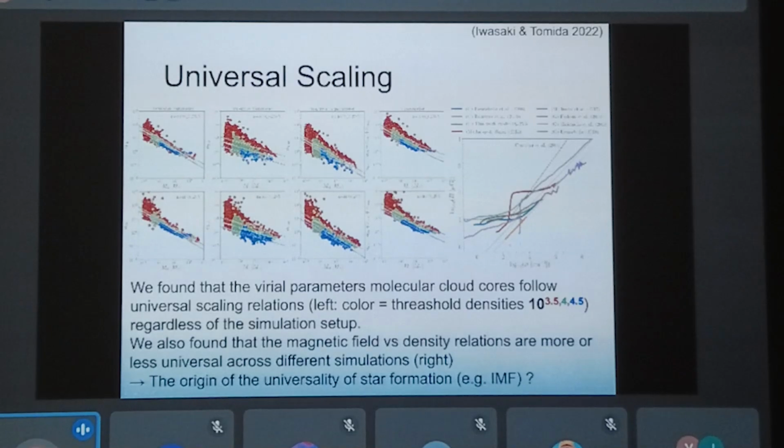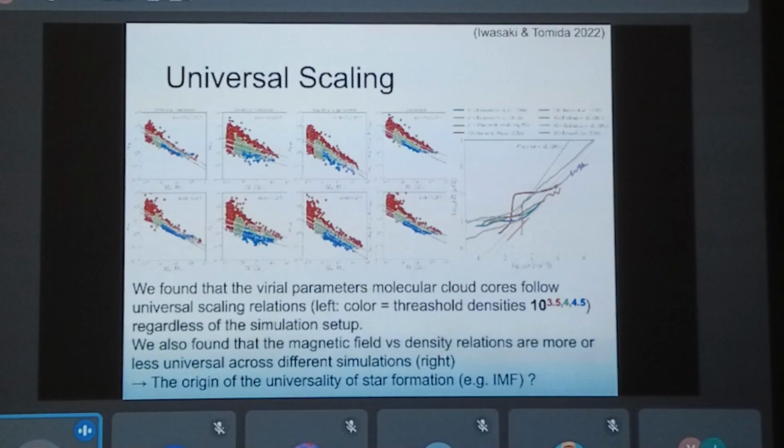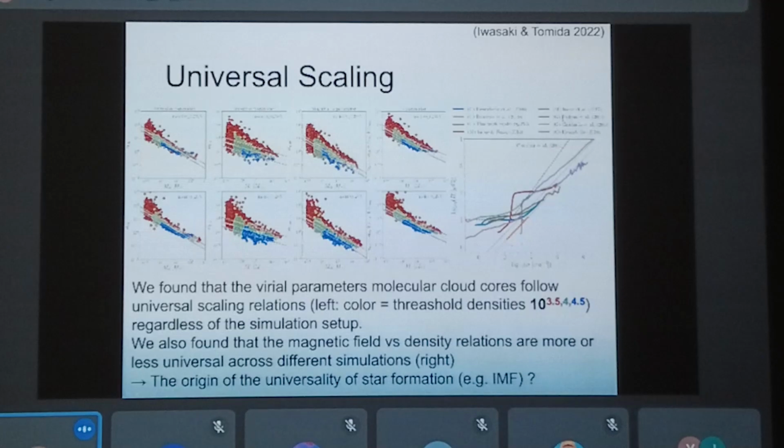So we can say that the molecular cloud cores forming in these converging flows follow a universal scaling relation. The right panel is the comparison of the density versus the magnetic field strength in different simulations, not only our work, indicated by green, but also other groups' simulations.